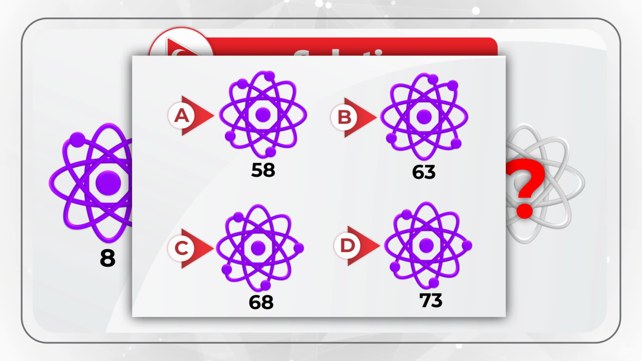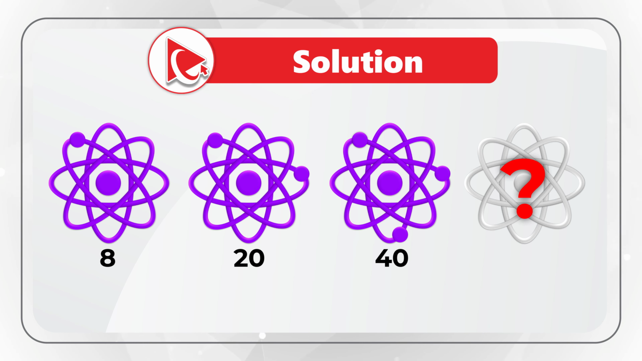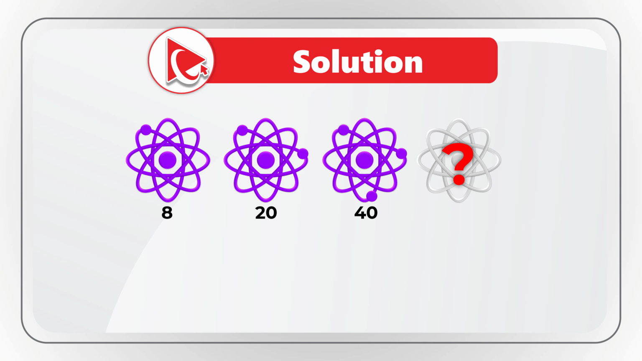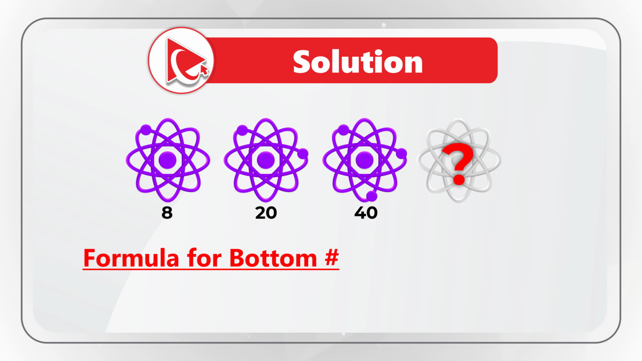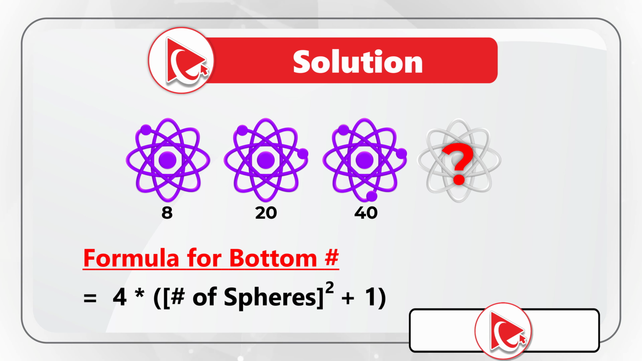So our next step here to solve this challenge is to look at the bottom number. To solve it, you need to find the formula to calculate the bottom number based on the incrementing number of spheres. For example, the formula to do the bottom number calculation is 4 multiplied by (number of spheres squared